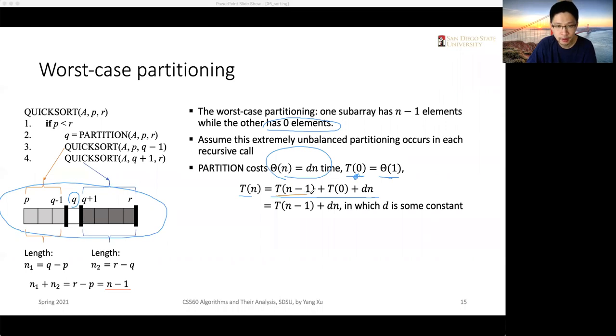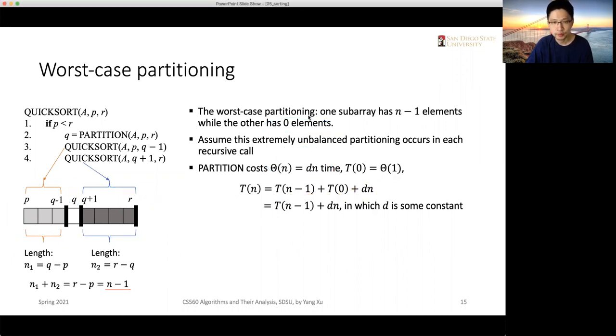The first half will have n minus 1, and the second half will have 0 elements. And this d of n comes with the cost for partitioning, right? So this is what we can get for the recurrence of quicksort, right? So now what we need to do is to solve this recurrence, and it seems not the